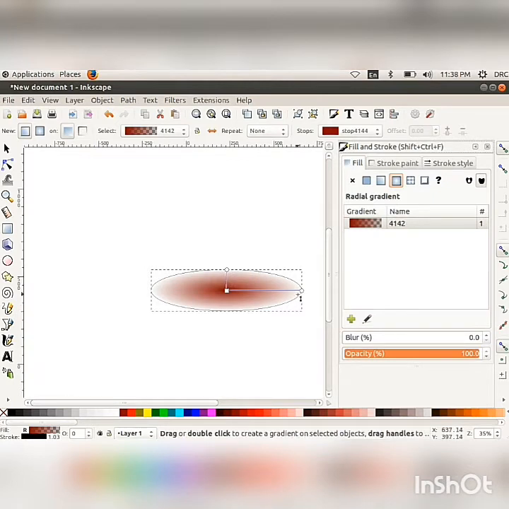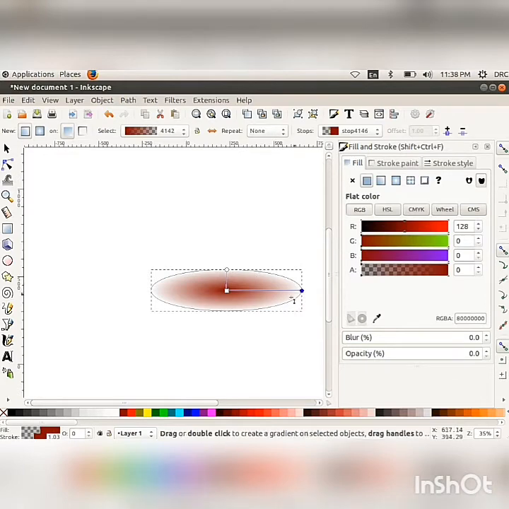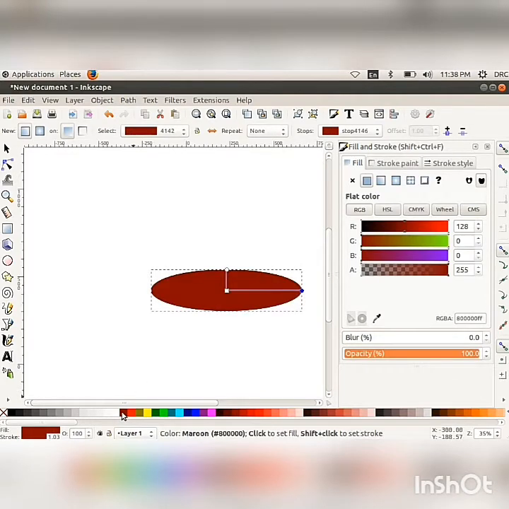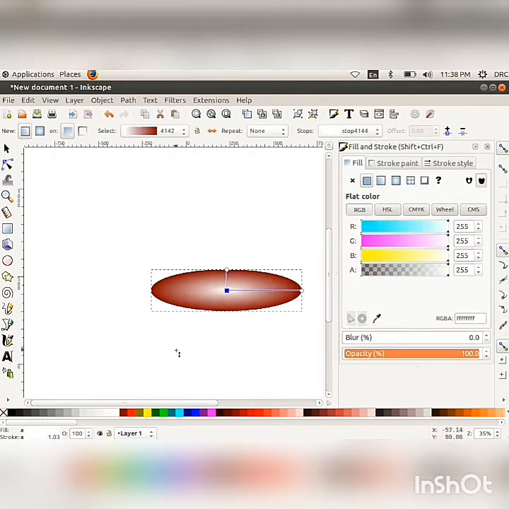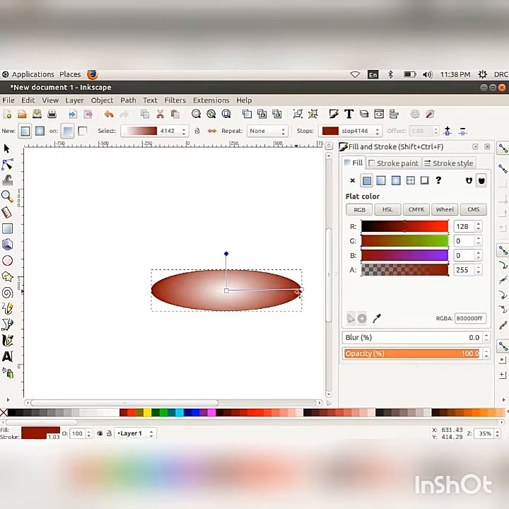Click on the outline node to give 3D outlook for the image. Give dark color to the outline node and white color to the center node. Then drag the nodes to change the position of the gradient color of the image.